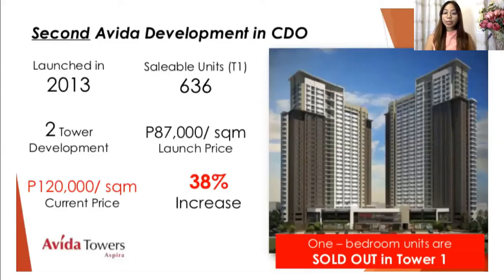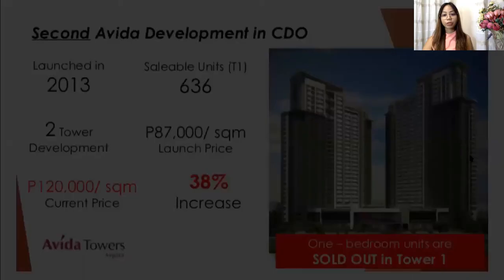Let's go to the last condominium, Aspira. So Aspira is a condominium developed by Avida, which is a brand under Ayala Land Inc. So it was launched in 2013. It's a two-tower development. Compared to the previous condos that I mentioned, so this is